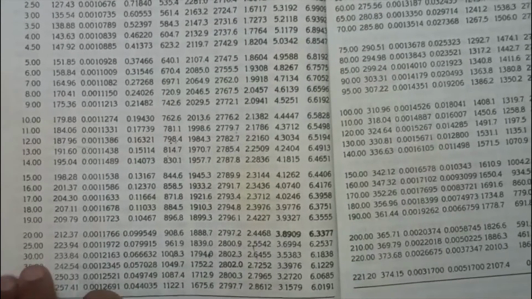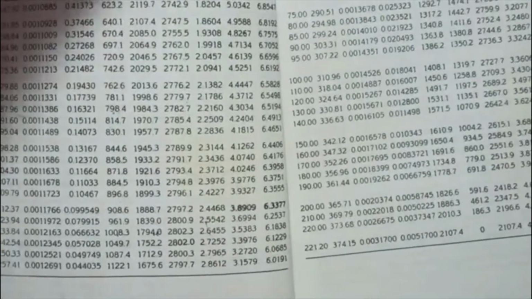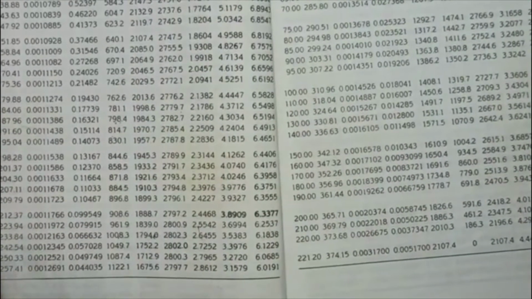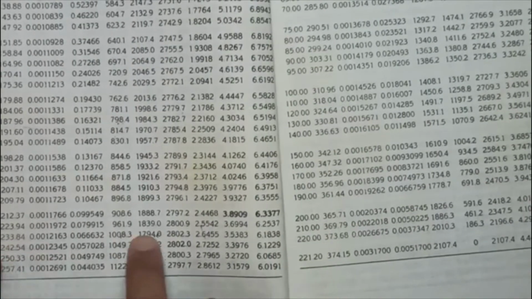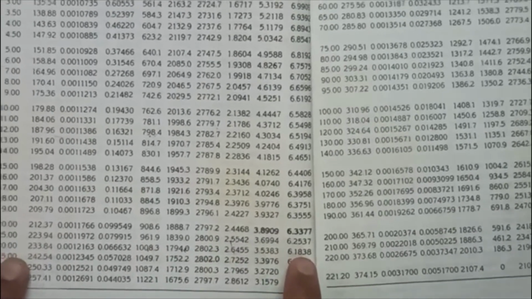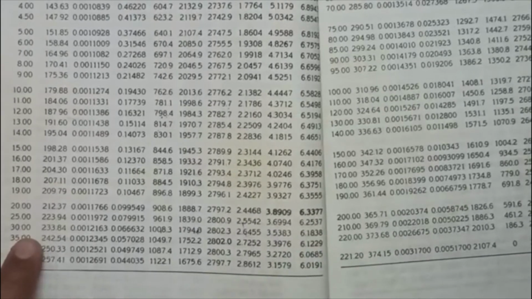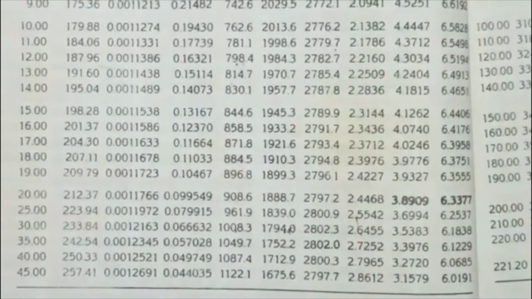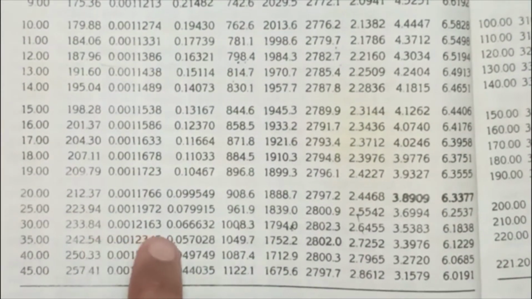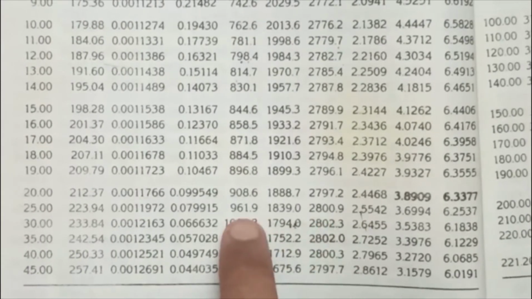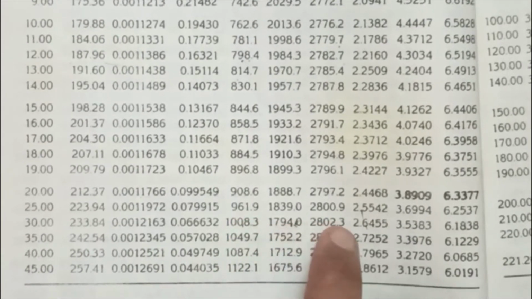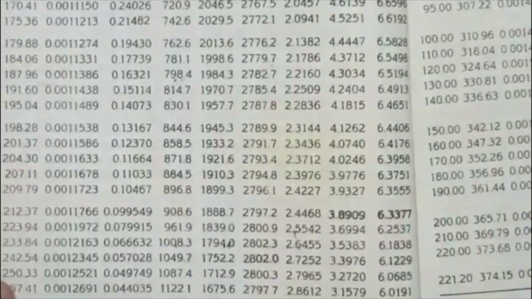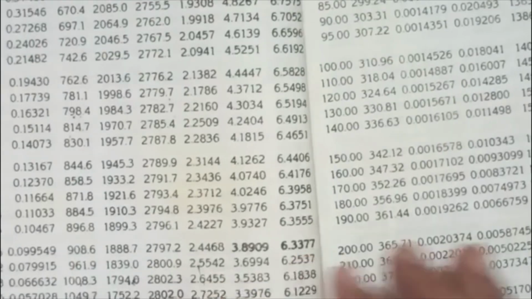Correct. So at 30 bar, because it is given in the problem, what is the boiler pressure? He has given 30 bar. So at 30 bar pressure, you note down all the values given in the steam table. So what you are doing at 30 bar pressure is noting all the values. So for example, at 30 bar: enthalpy, HF, HFG, HG, everything. All values of this row you have to write at 30 bar. So here we have written the values.